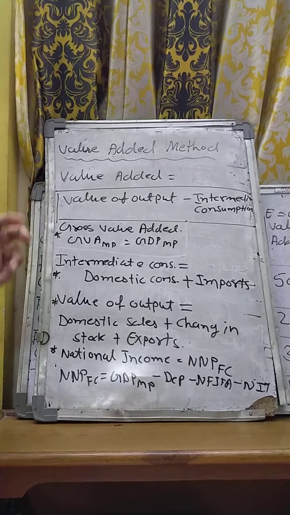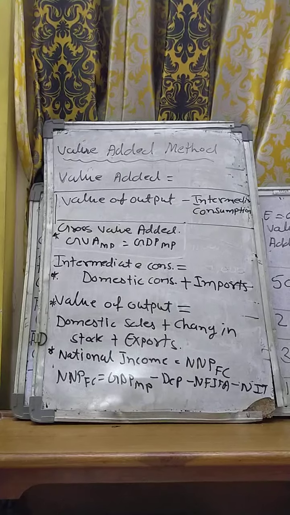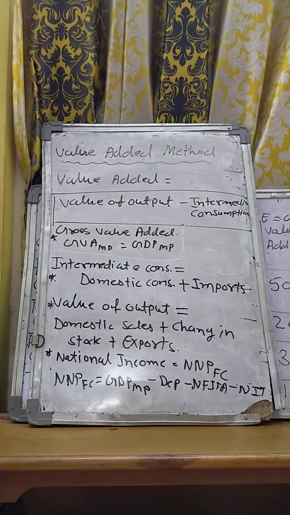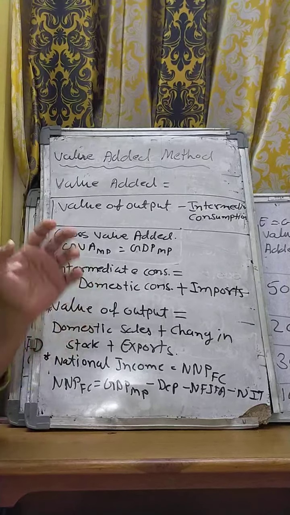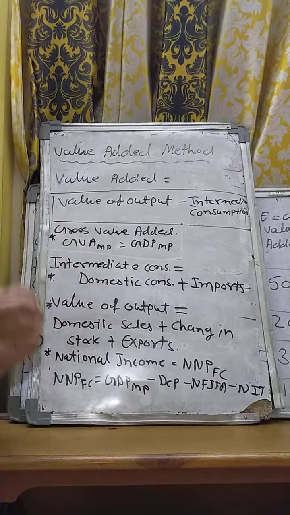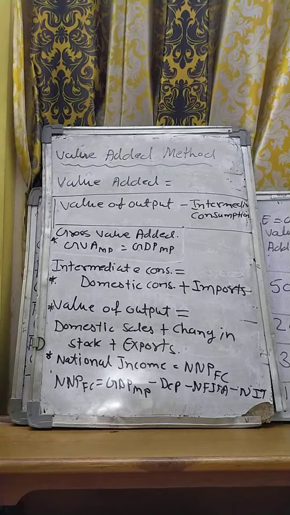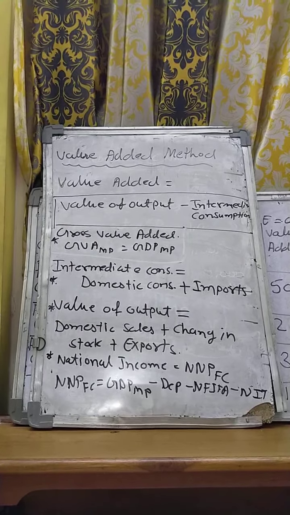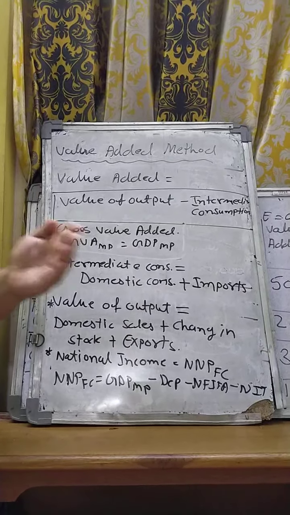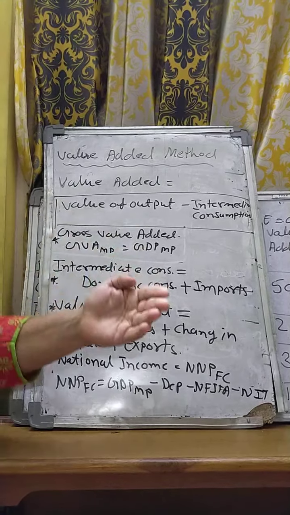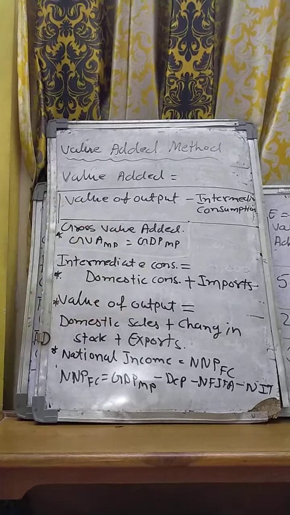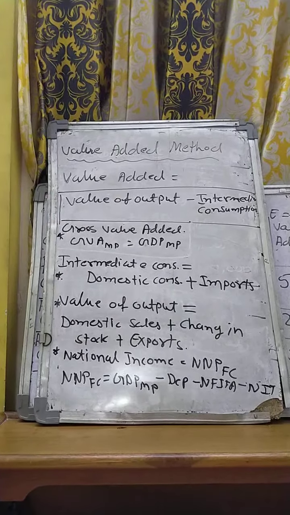In the value added method, we add something using the factors of production. We use the factors of production, meaning land, labor, capital, and we get something, and we add every time. Suppose in one phase we added something, and again we added something to the intermediate goods. What are intermediate goods? We add something to the intermediate goods for the preparation of the final goods. That is called the value added method.